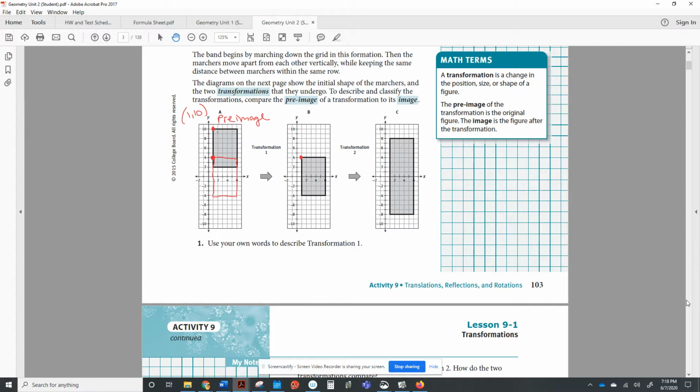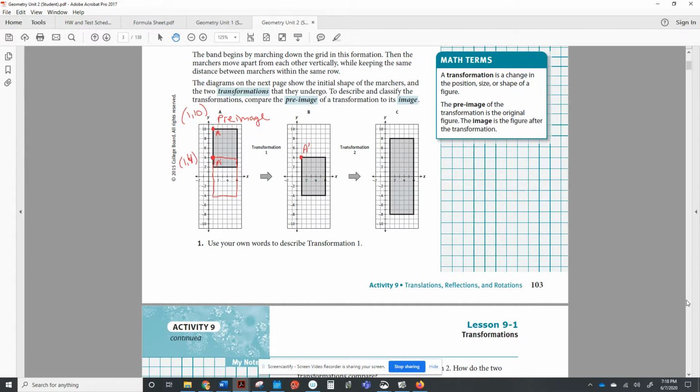If this was called point A, then the new point, which is this one right here, would be called A prime. So if A is at (1, 10) and A prime is at (1, 4),